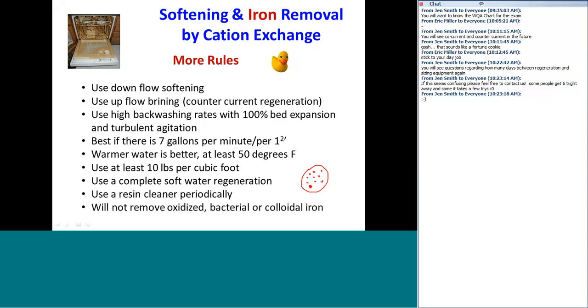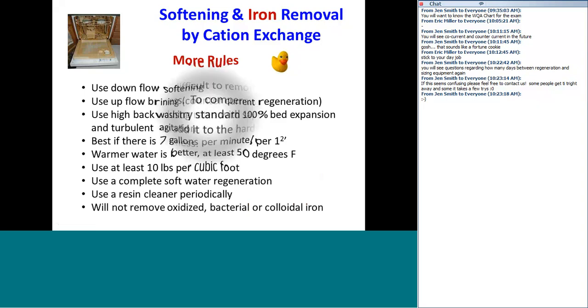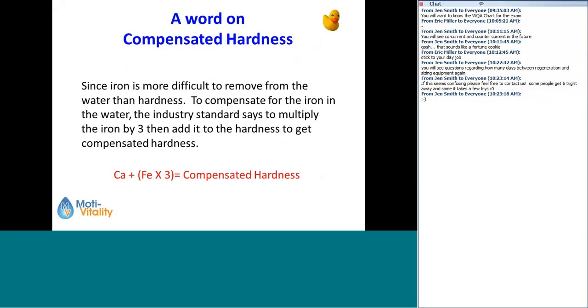So resin, cation resin, will not remove oxidized, bacterial, or colloidal iron. Just a word on something called compensated hardness. Since iron is more difficult to remove than hardness, industry standard, or at least the WQA's recommendations, and I say WQA's recommendations because I've worked with clients all over the country, different manufacturers have different rules, and obviously when you're out there working with your company, you need to follow the rules that your company